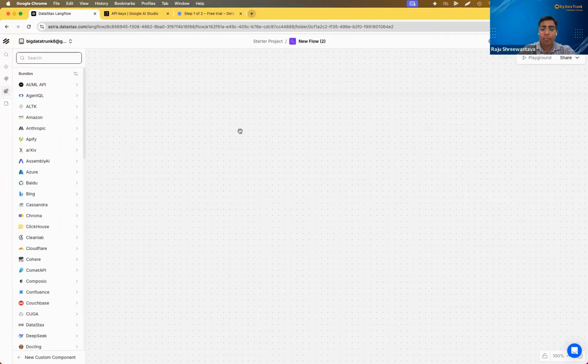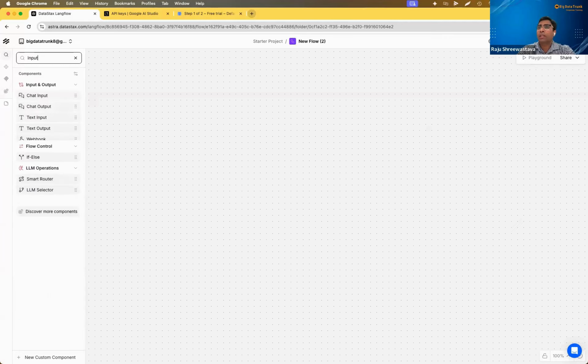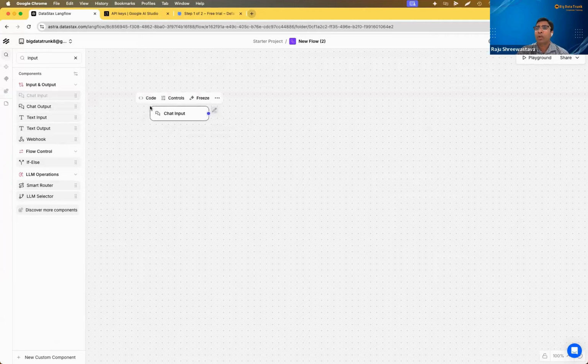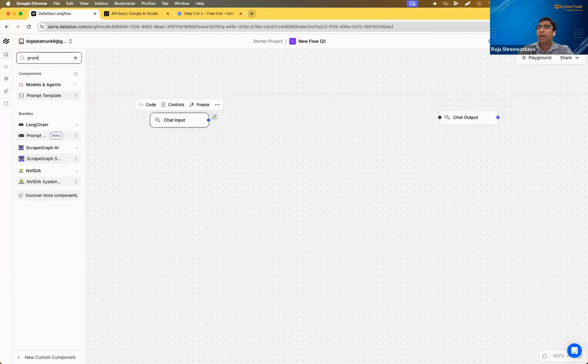So I'm almost going to build the whole thing again from scratch. What it had, if you remember, is simple, right? You need an input and you need an output, right? That's the chat input and output because it was a chat box, right? And there was a prompt